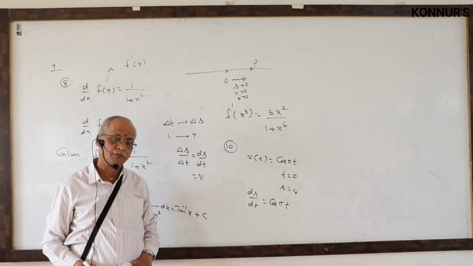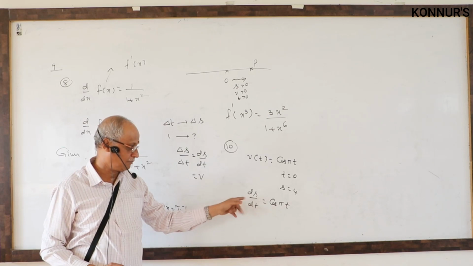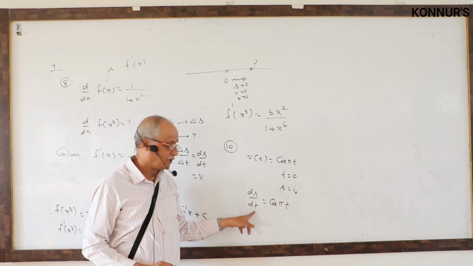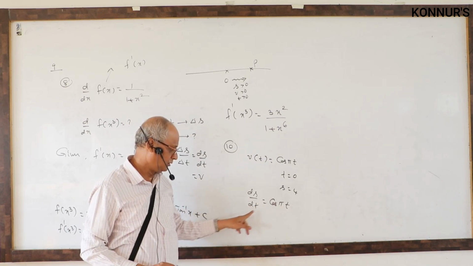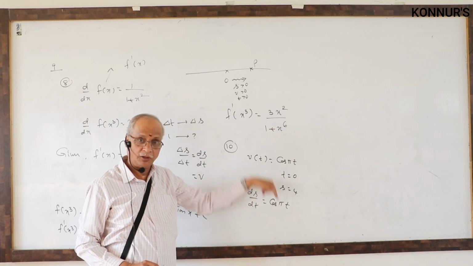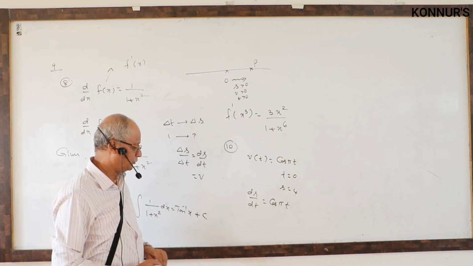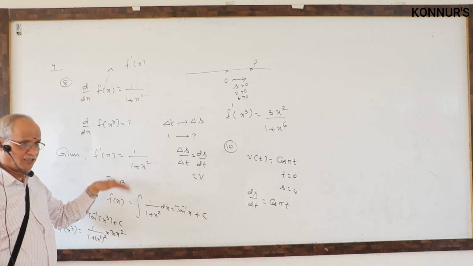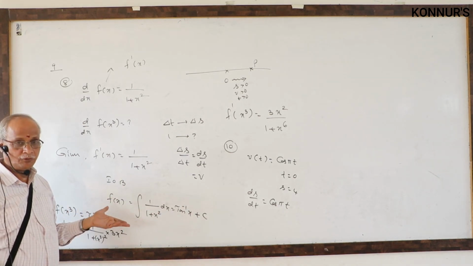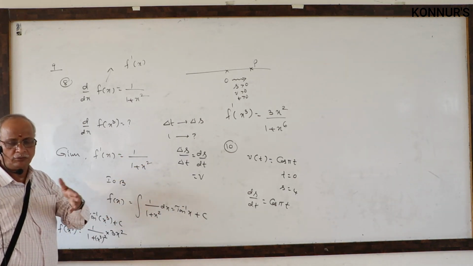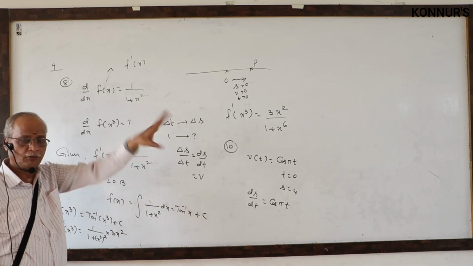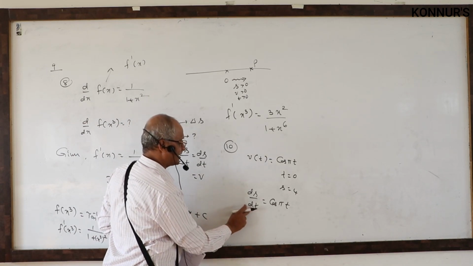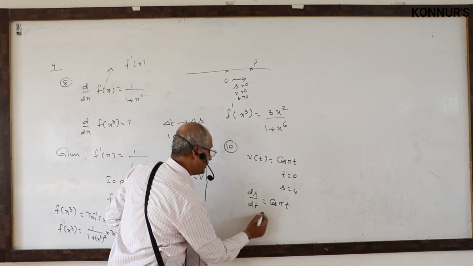A differential equation. We are going anyway to the last chapter, differential equation. This is possible to solve by separating the variables: ds equal to cos pi t dt, that method is also possible. Here, because it is a derivative, how to cancel the derivative? How to eliminate the derivative part? What is its enemy? Integration. When you want to send somebody outside, you have to call his enemy only. They will fight each other, they will go out, you are happy. Hence, you must be very happy eliminating this derivative symbol by integrating on both sides.